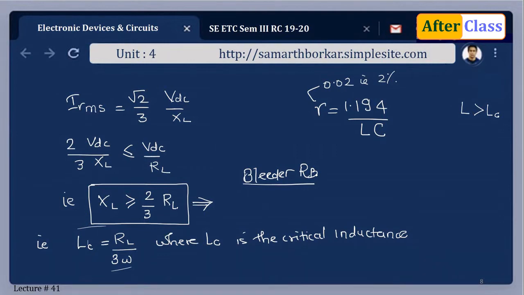So this will improve the voltage regulation. We will not go into details of what is voltage regulation and so on. You might have studied this in the lower semesters. So it improves the voltage regulation of the supply by acting as the preload on the supply. And another reason is, one is what we have discussed, that it improves the voltage regulation. And the second point is that it also provides a safety,